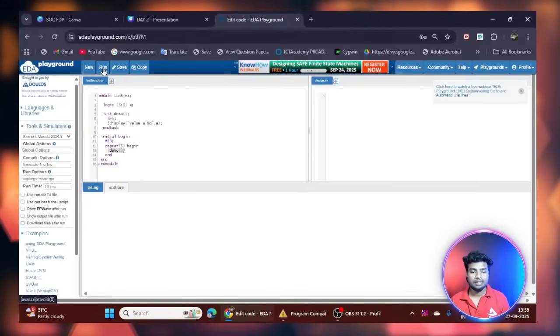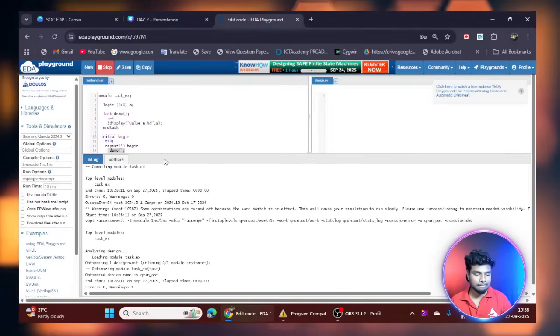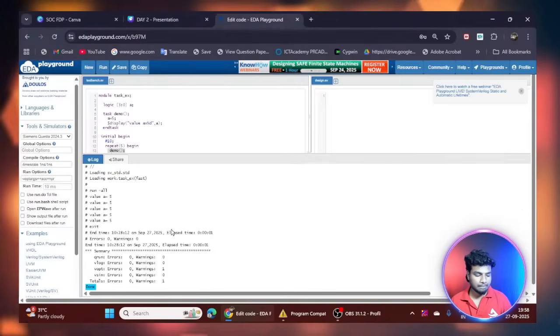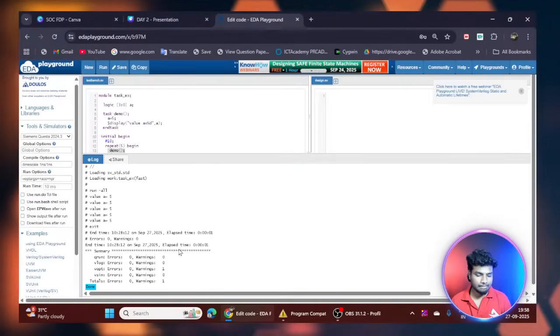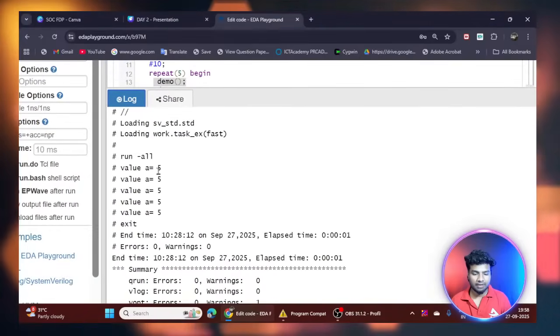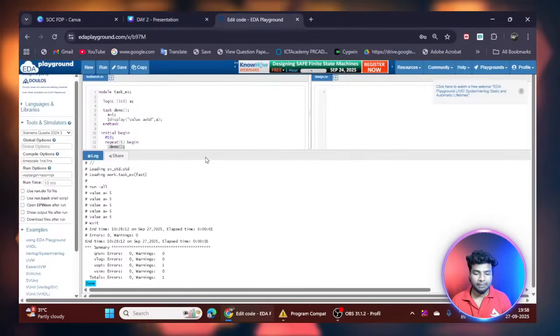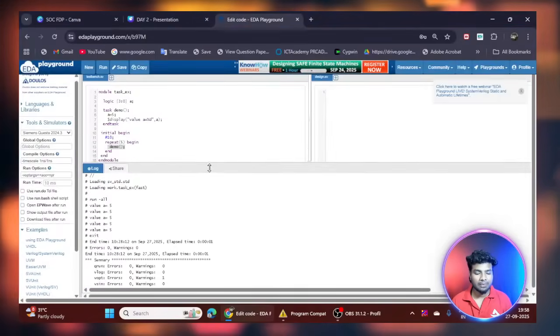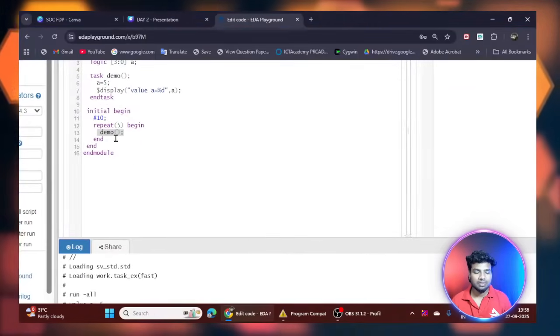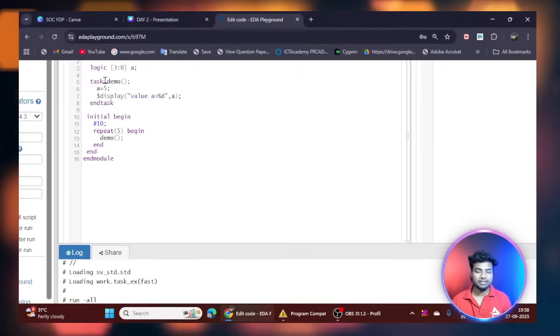So let's see that. You can see here it is showing output like a value a equal to 5, a equal to 5, a equal to 5 up to 5 times. Why? Because I am calling this task inside my repeat loop up to 5 times. So same, if I change it into a function,